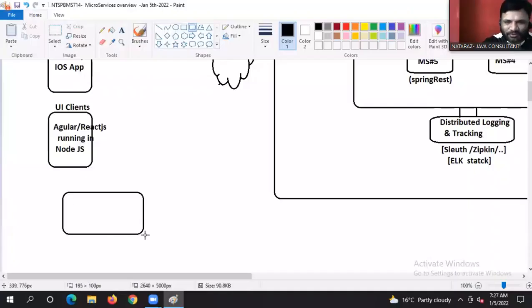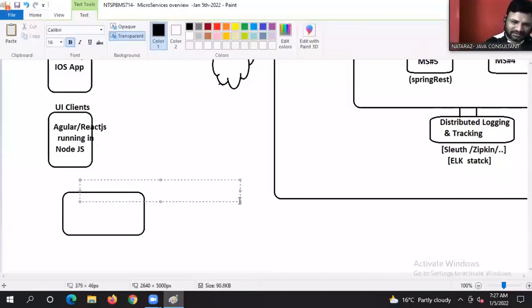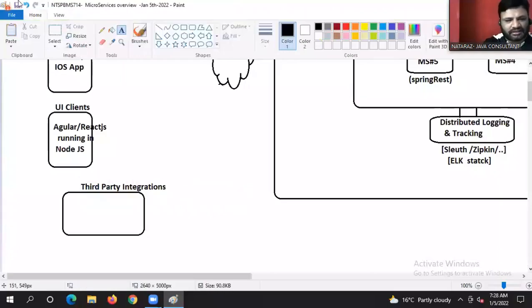So some third-party integrations, boss. Third-party clients. When I say third-party clients, what are those, guys? What are the possible third-party integrations?